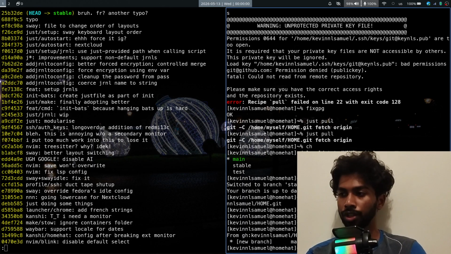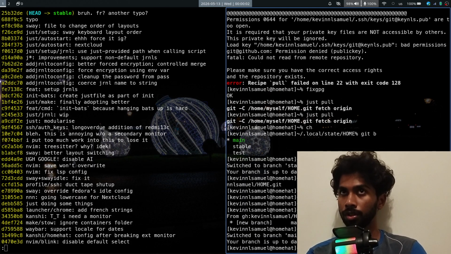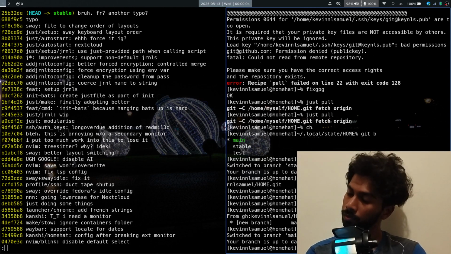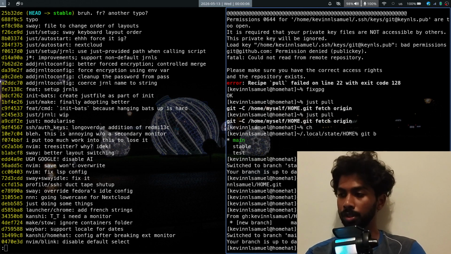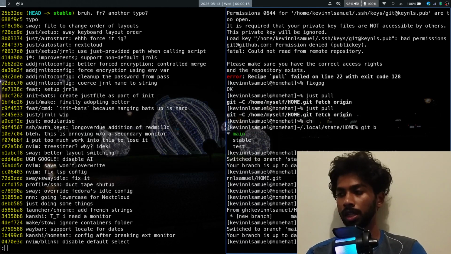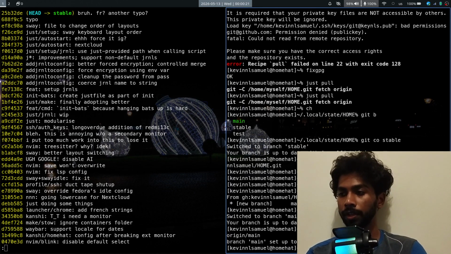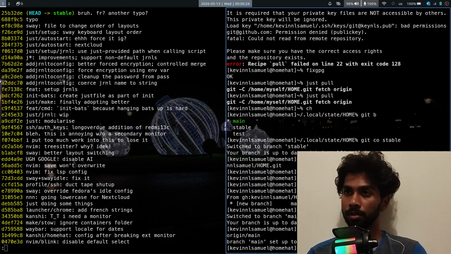Then git checkout main, git branch set upstream to origin main. So now the idea is the local shared repository between all users will not have